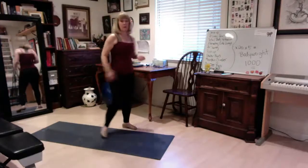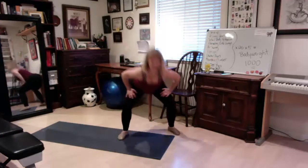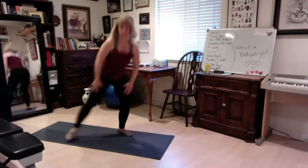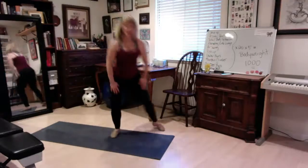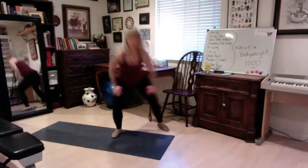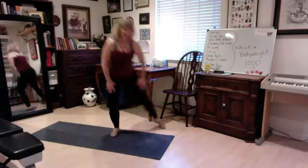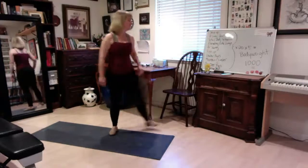Nice, into that warm up. Alternating side lunge. Keeping this nice and easy. 6, 8, 10, 12, 16, 18,